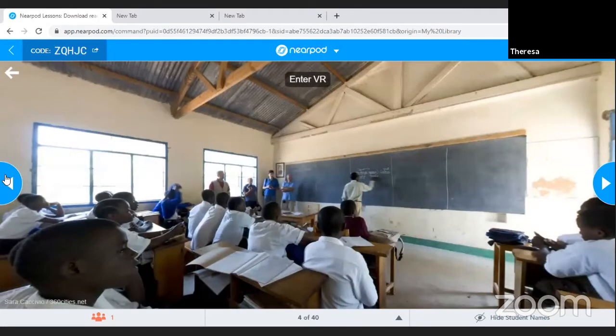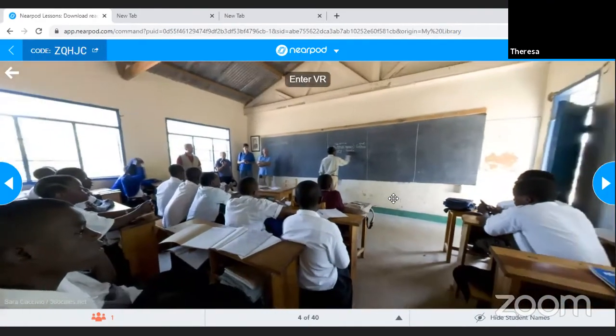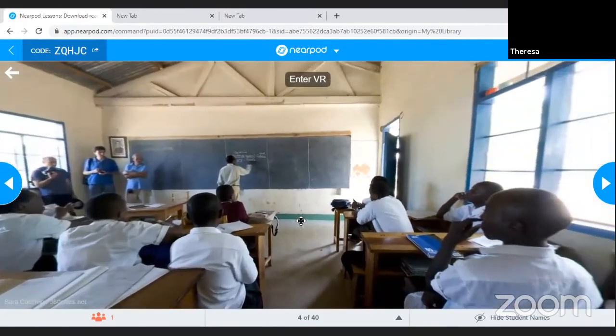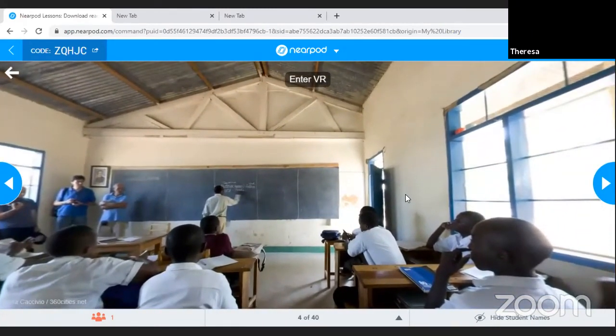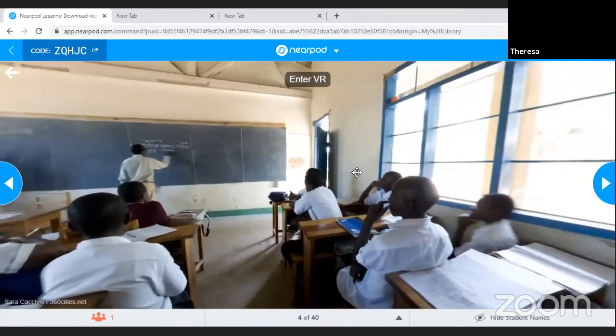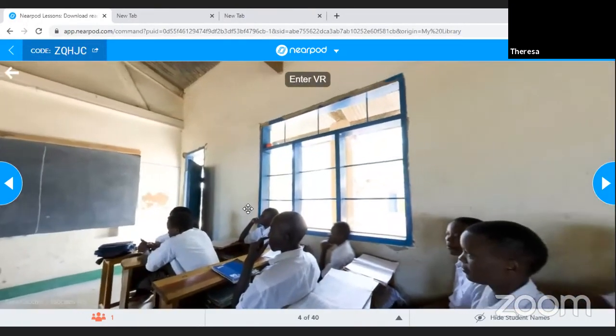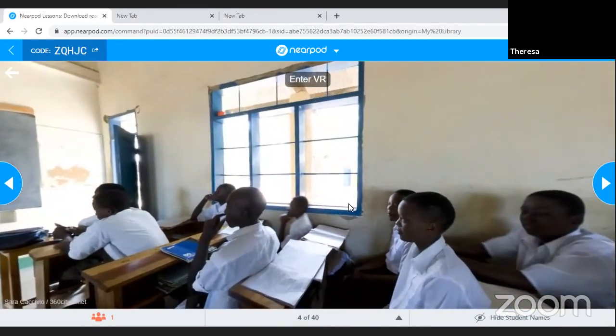To start us off, one of the features of Nearpod is the ability to take learners on a virtual tour. This morning, I'm going to take you with me to Tanzania, and we're going to look at one of the schools there. The reason I'm starting with this is that we may be familiar with this classroom setup. Let's quickly have a look at what we have in here. Those of you accessing Nearpod on your own can play around with this feature and move up and down as much as you like.